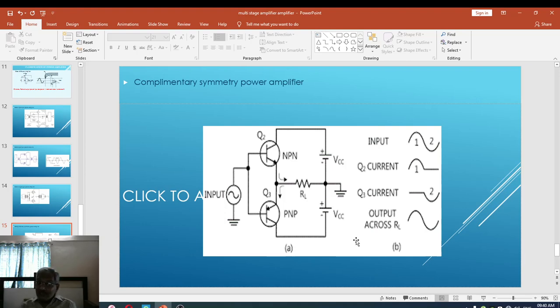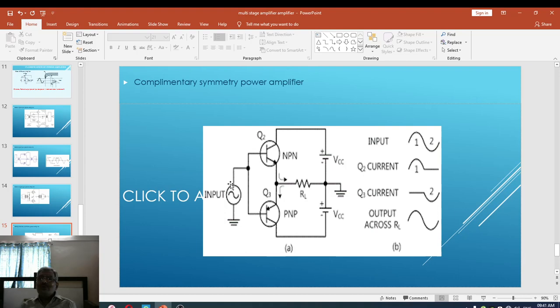Look here. As we are reducing the bulkiness, reducing the cost, and achieving the same function, we are not using the impedance matching transformer here. If you look at the diagram, it doesn't contain any type of transformer for the input as well as for the output. That is the specialty of this particular circuitry.